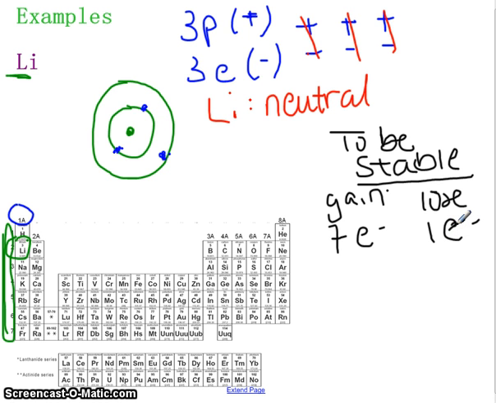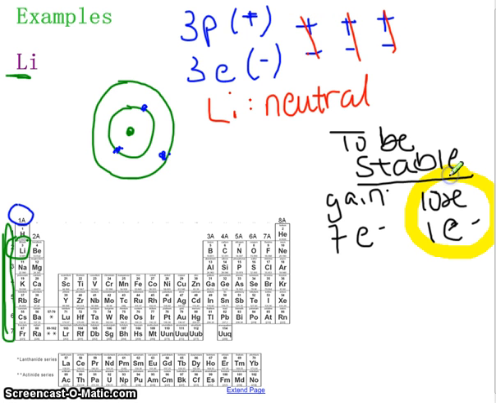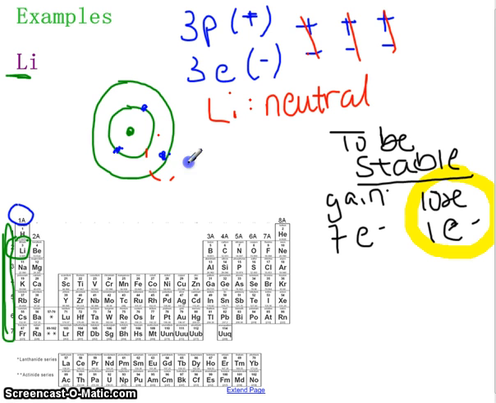So now we have to remember, atoms are very, very lazy. They don't like to do more work than they have to. So what you have to ask yourself, do you think it's going to be easier to gain 7 electrons or to lose 1? Hopefully you recognize that it's way easier for lithium to lose this 1 electron. And the way we show that it's losing that 1 electron is we put a dotted circle around it, and then we put an arrow going away, showing that it's leaving. We're losing that 1 electron.